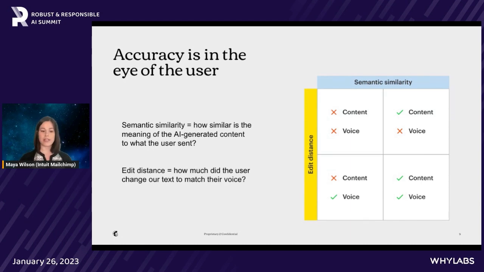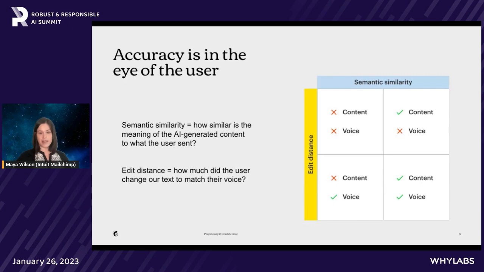This is really important to them, and this is one of the risks of AI: overall sounding generic. We know that no one wants to sound generic, and particularly small businesses. And so we look at edit distance. This is the number of edits it would take to change our text to their text. This is an unbounded metric, so we end up normalizing it to between 0 and 1. And these are not only metrics that we use to measure how well we're doing, but also we monitor these over time as health metrics for our models.